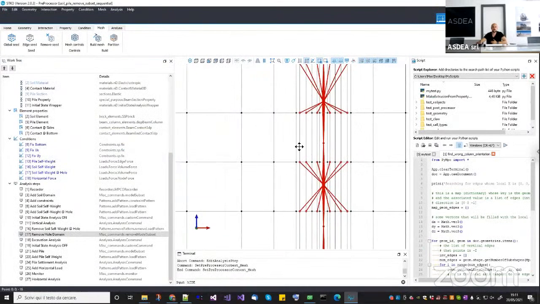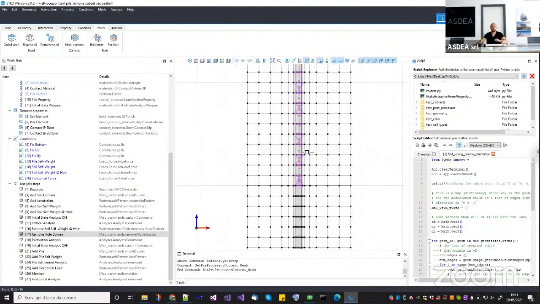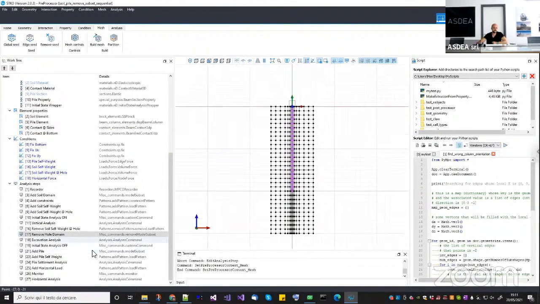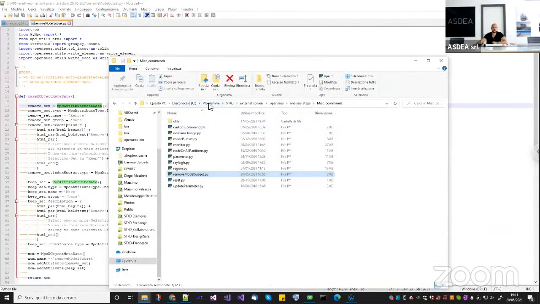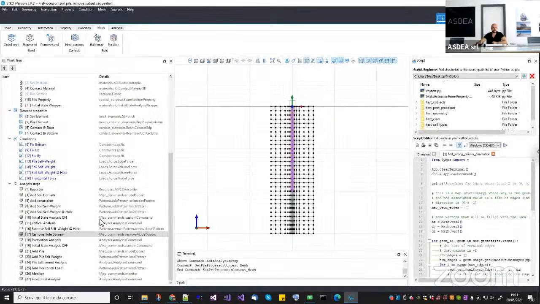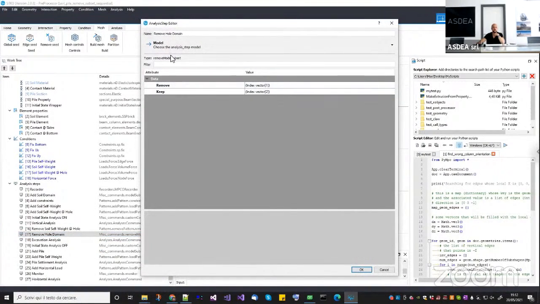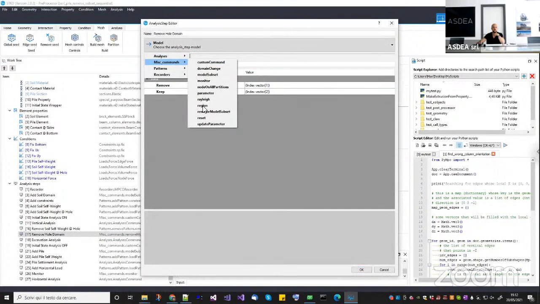Okay, so going back, yes, this one is quite an important point. Except for the mesh, the only change I did here is this: once you take this file and copy-paste it into your miscellaneous command folder in your STKO installation folder, you can go here and remove those three commands that I used to apply a second region to keep, a region to remove, and the custom TCL script for removing. And you can replace them with this simple command here, which is miscellaneous command, remove model